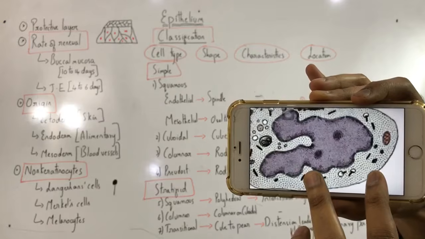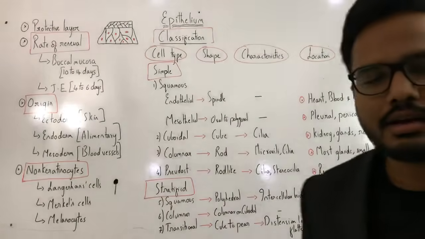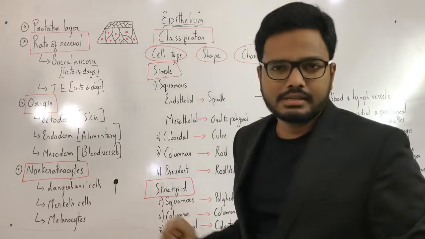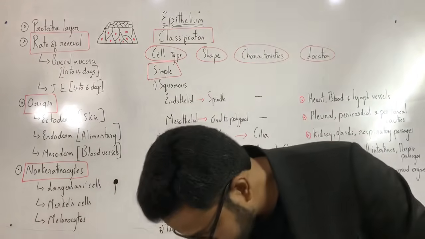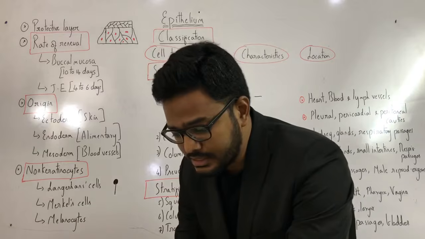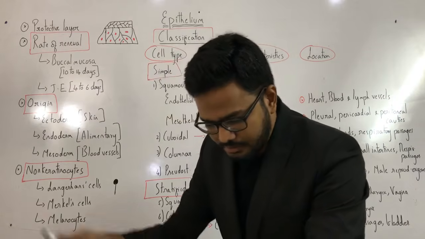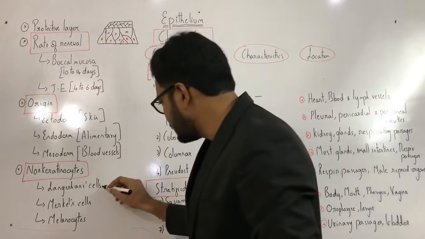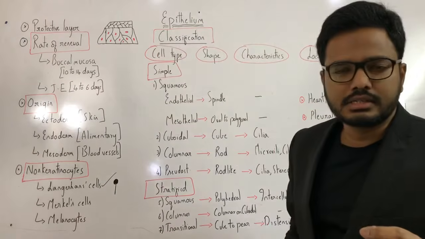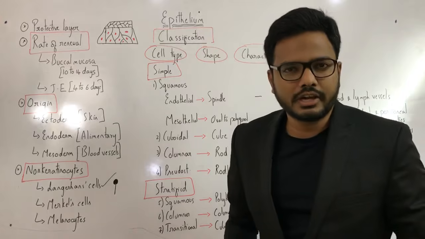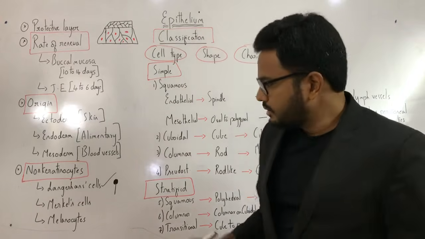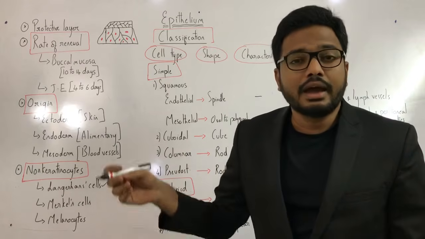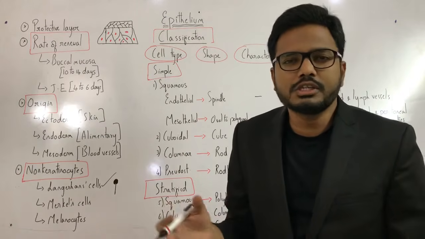So, the tennis racket organelle. These are characteristically found in your Langerhans cells. Langerhans cells process antigenic material. They have something to do with your immunity, right? And these Langerhans cells contain a characteristic tennis racket shaped organelle. And as I said, these Langerhans cells process antigens, and hence, can you name in which layer are these